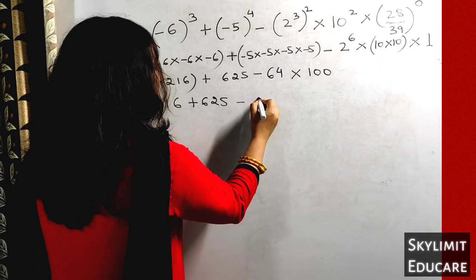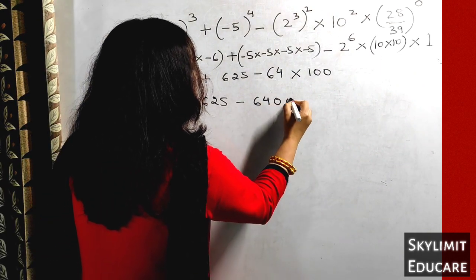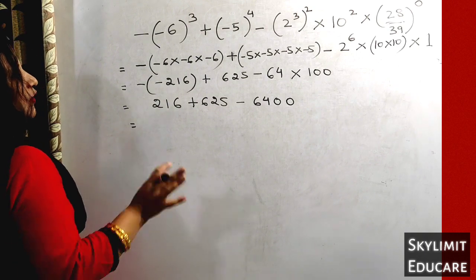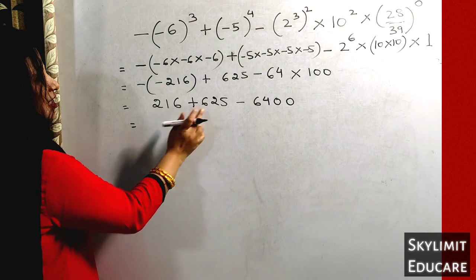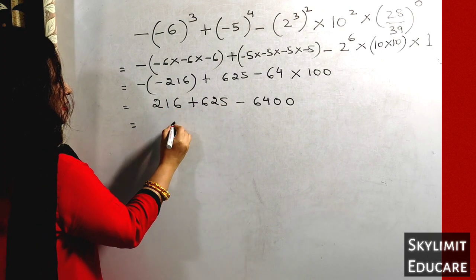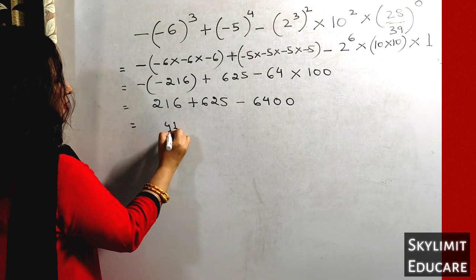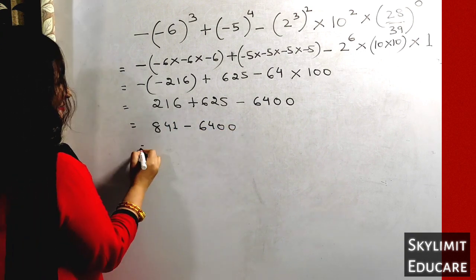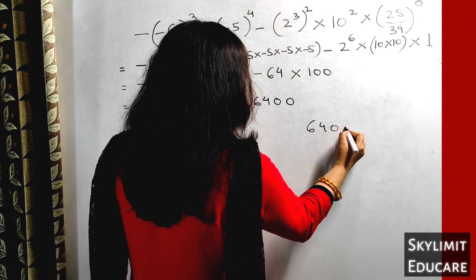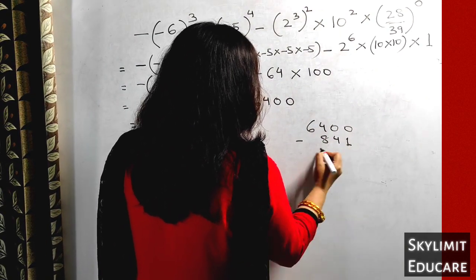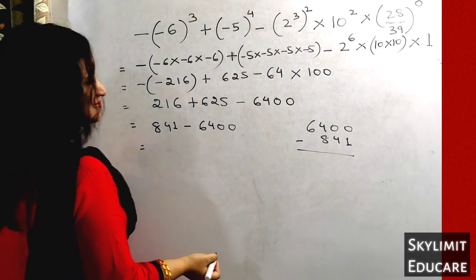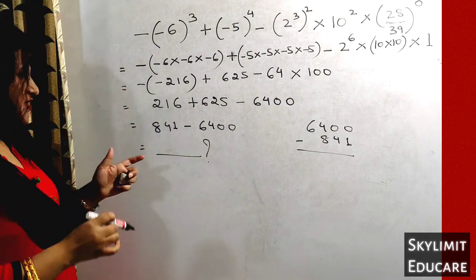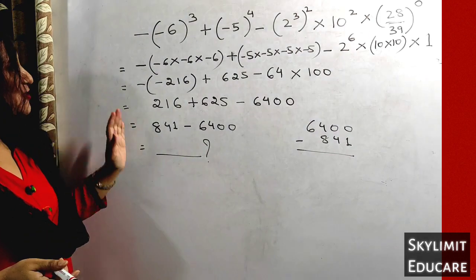Okay. See, everywhere you have to be very good in integers, then only you can solve. So please, still if you are not clear, you can do it. Now next, after BODMAS rule, after this multiplication, you have the addition. Let us solve it. 5 plus 6, 11, 3, 4, 6, 7, 8. 841 minus 6400. So now you can easily subtract. Okay? Subtract it. So whatever answer you're getting, post it in the comment box. Okay? The answer for this simplified.